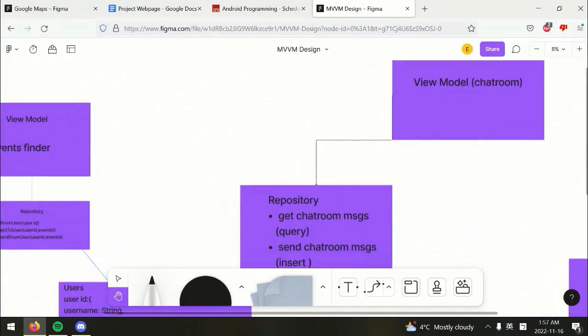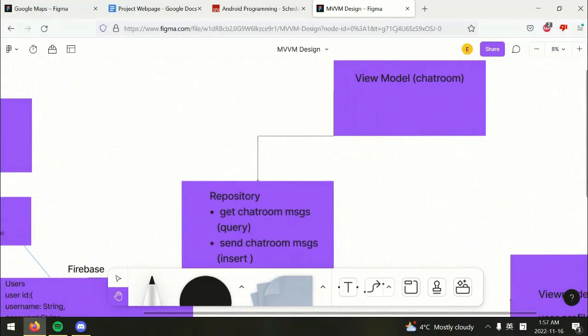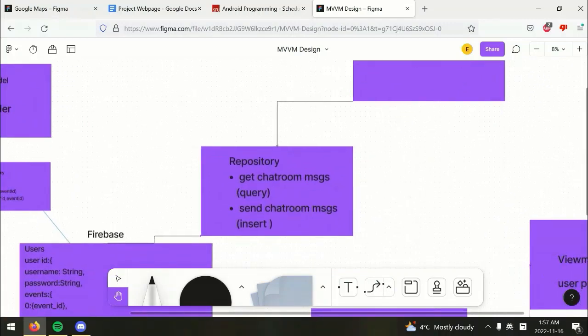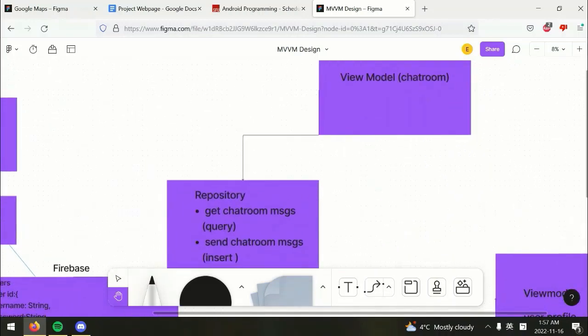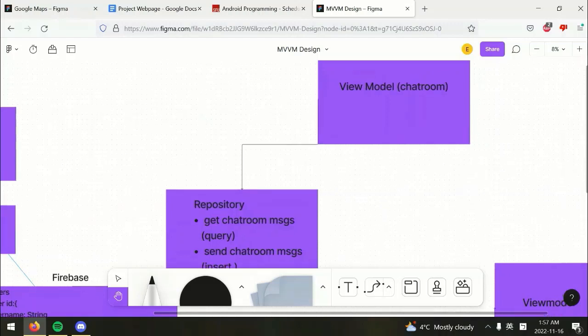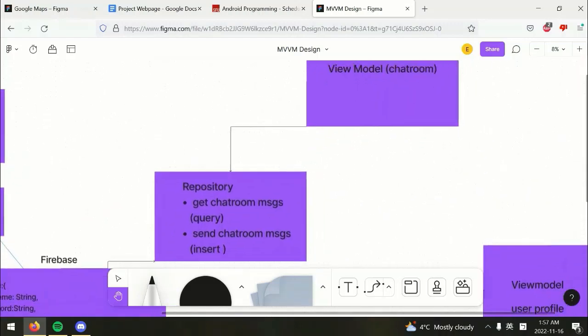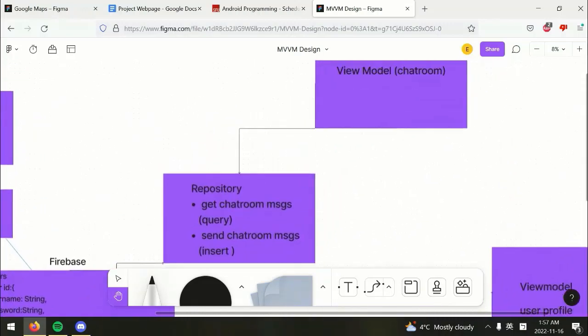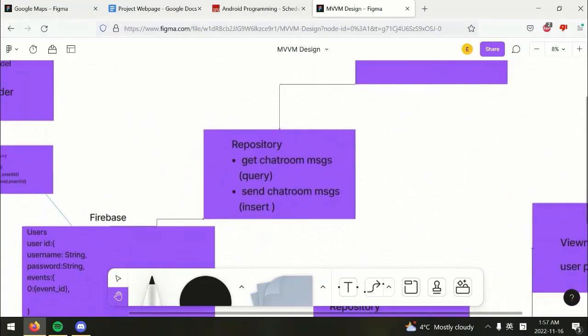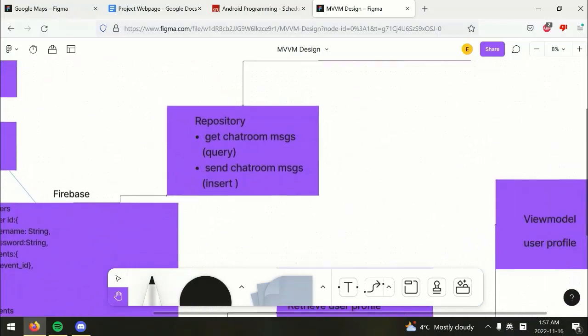The second one is Chat Room. For the Chat Room, the repository will listen to the changes in Firebase, and whenever there's a new message in the chat room, it will update the chat room automatically. And whenever a user sends a message, the repository will send the message to the Firebase.